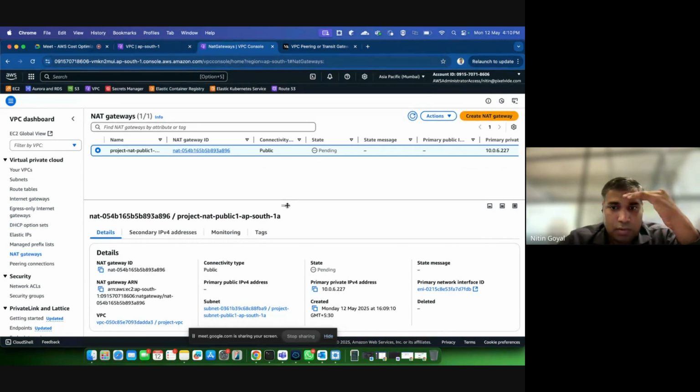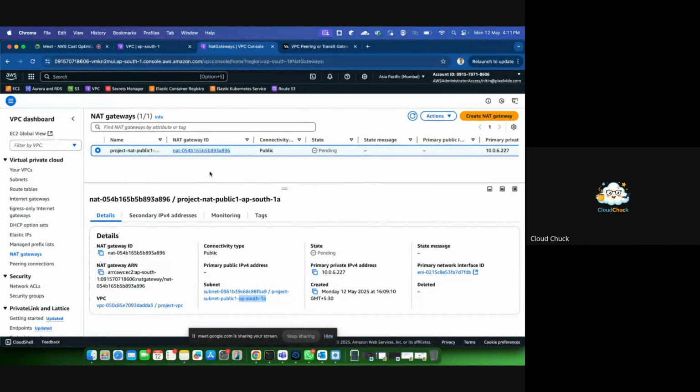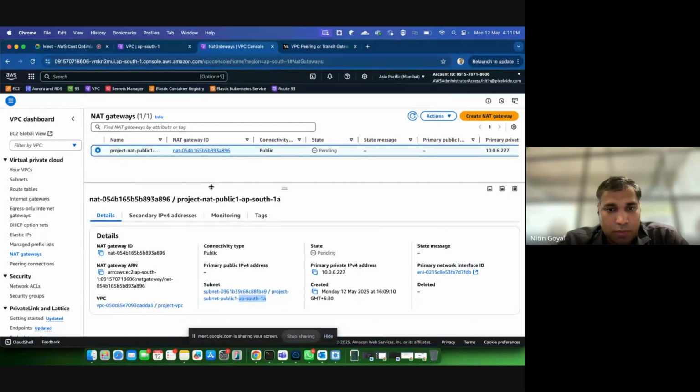Okay. So here you can see the NAT gateway is going to be provisioned in the AP South 1A AZ, in my case. Yes, you're audible. So in this scenario, I have just created a single NAT gateway